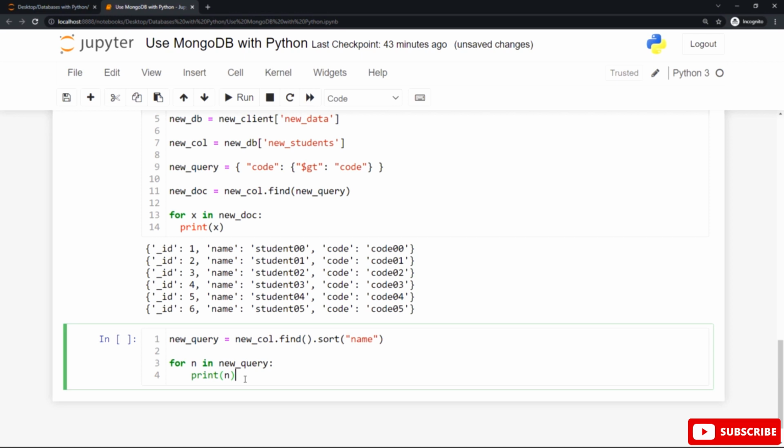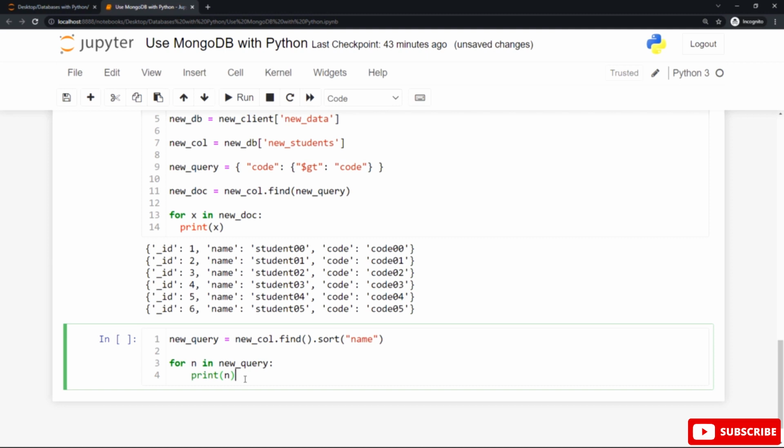In this case, the variable name new call refers to the new students collection in the new data database, followed by the dot notation, followed by the find method to find all the data from the new students collection, followed by the sort method to sort all the results alphabetically by name, and we assign this to a variable to iterate over this iterator by using the for loop.